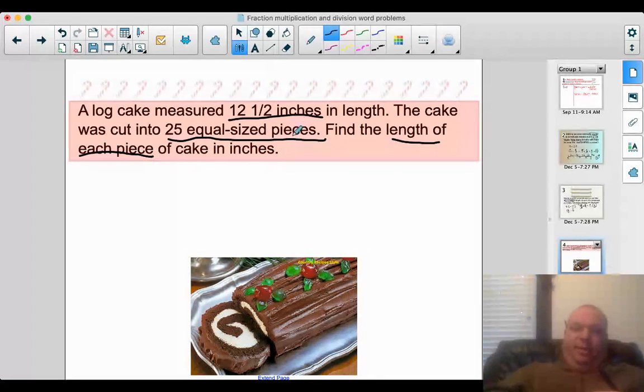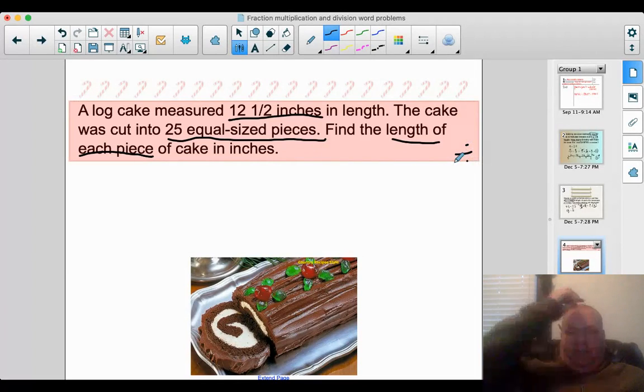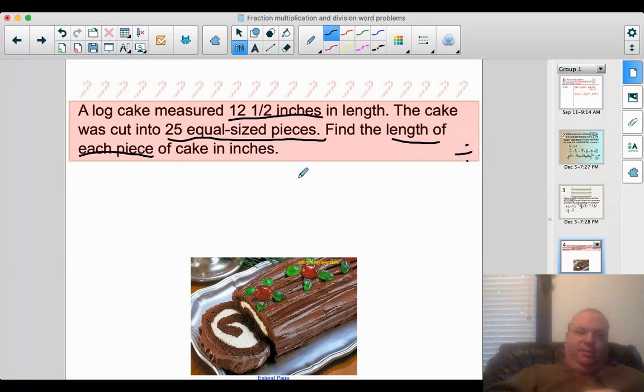All right, welcome back. This is a division problem. The length of each piece is one of the parts. The other part is how many pieces there are. The number of pieces times how big each piece is gives you the total length, which is this 12 and 1/2. Now, it might be tempting to say that 25 is the total because it's the biggest number, but